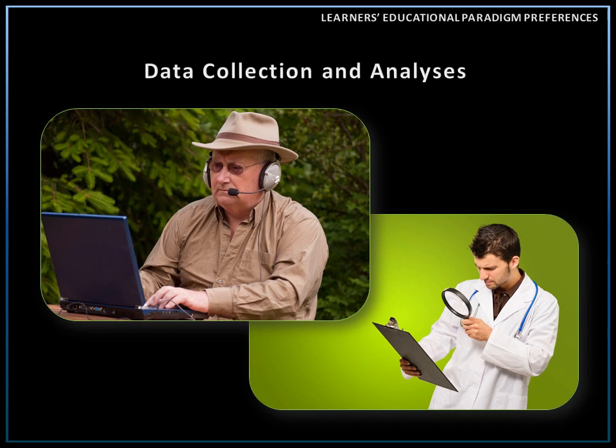NVivo 11 Pro and SPSS version 23 software programs were used to analyze the data. A second coder was also employed. 1/4 of the student interviews were co-coded. 17% were initially coded in isolation, yielding intercoder reliability of 92.4% agreement and a kappa coefficient of 0.956, and intra-coder reliability of 93.6% and 0.985 kappa.